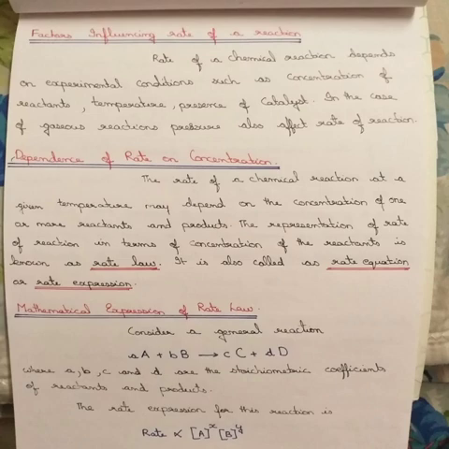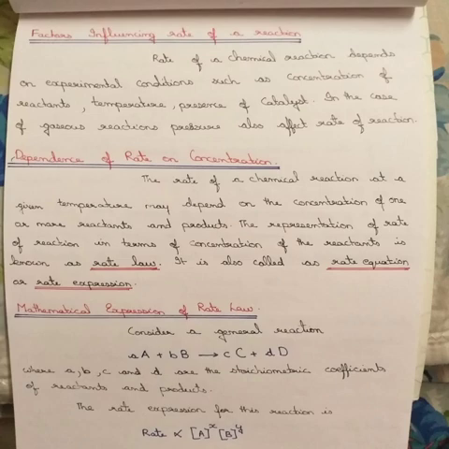First of all, we can go through the factor concentration: how the concentration of a reactant influences the rate of a reaction. So, now we can go through the topic, dependence of rate on concentration. It is clear that the rate of a reaction is directly related to the concentration of reactants and products. That means the rate depends upon the concentration of reactants.